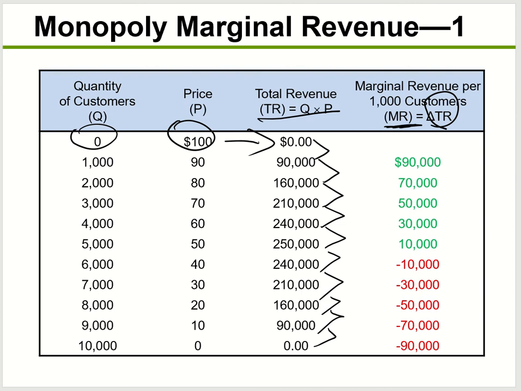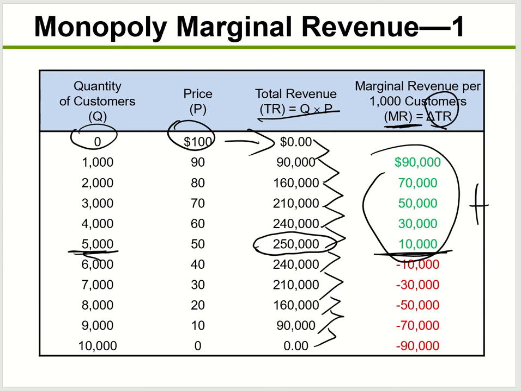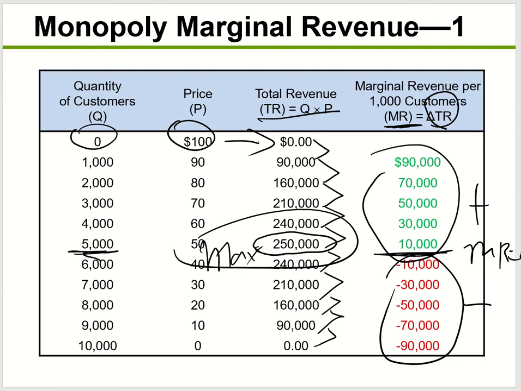And it looks like our marginal revenue is maximized at this level here. So at 5,000 units, our marginal revenue is maximized. And at this point, you see how your marginal revenue curve also changed direction. Everything above this was positive and becomes negative once you pass that point. So the moment when the marginal revenue equals 0, your total revenue is maximized. Whenever the marginal revenue equals 0, your total revenue is maximized.